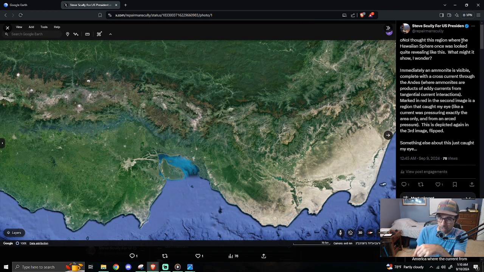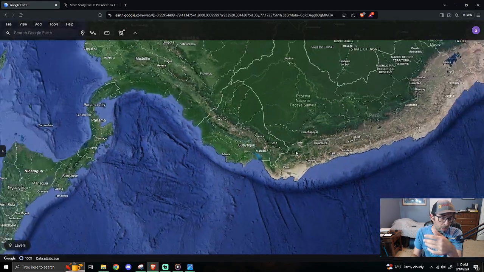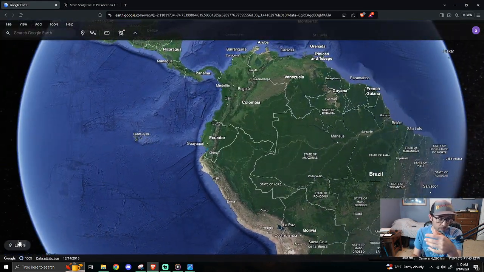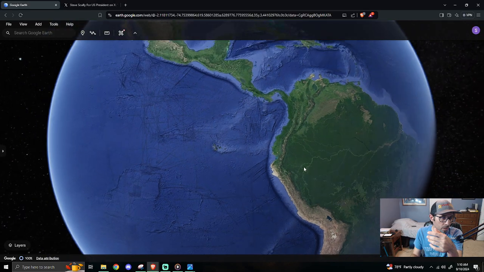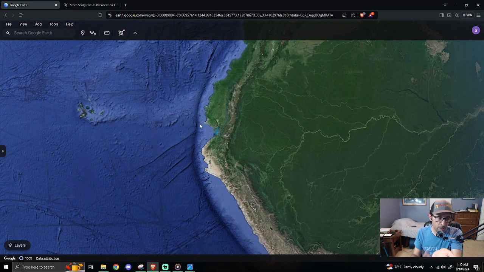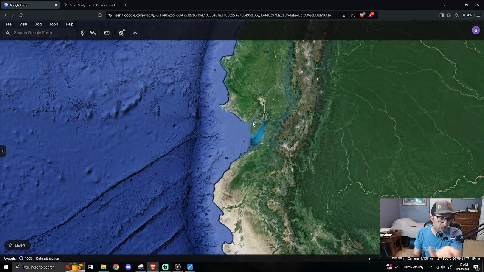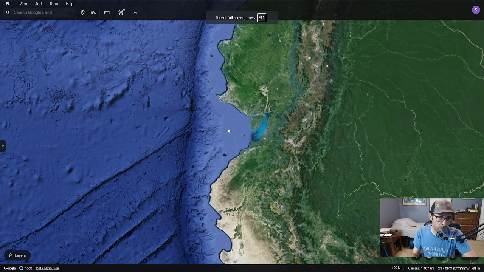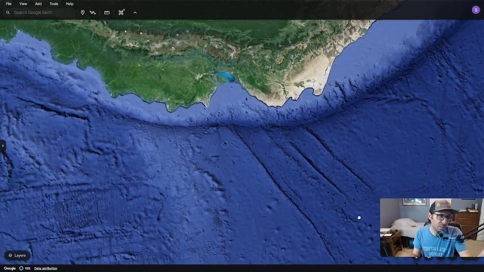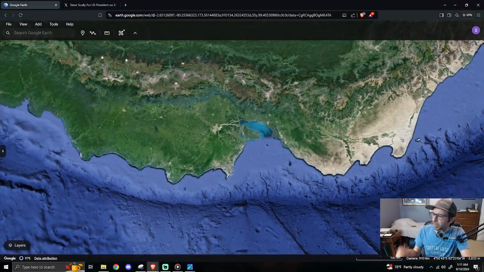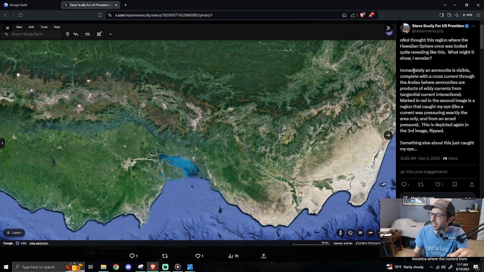I thought this region where the Hawaiian Sphere once was looked quite revealing from this angle, rather than the typical angle. Seeing things from different angles just helps. It's harder to fit this in. I want to look at the most of the boundary, so, not to be like, what are you telling me this for, dude? Anyway,